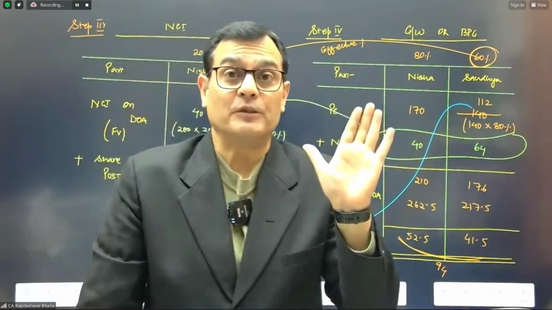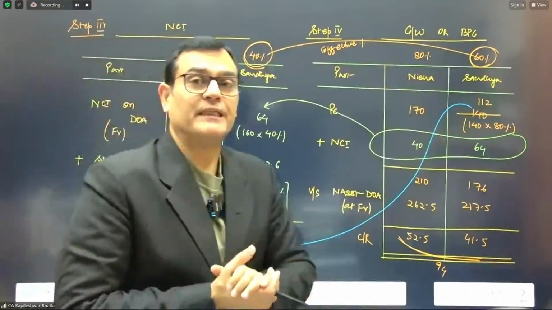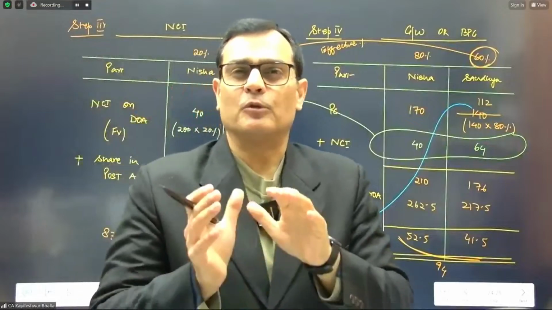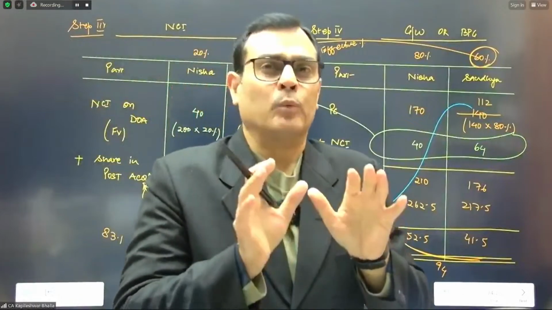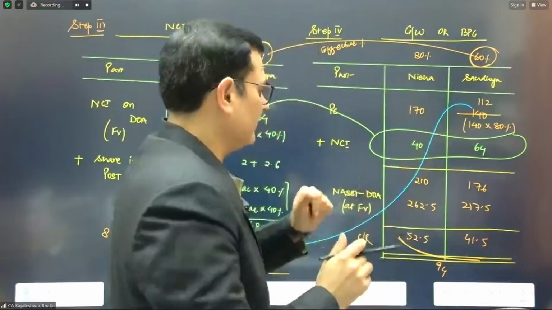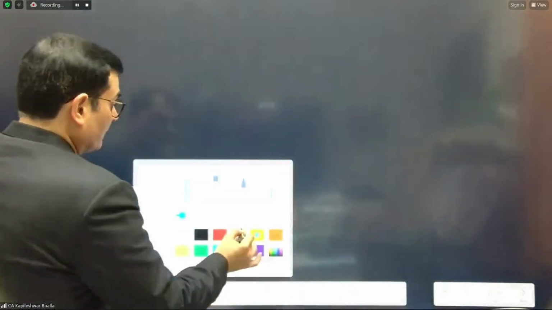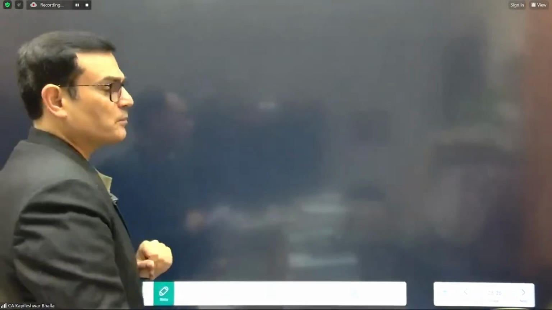Now, friends, I'm going to explain to you in detail why this 28 got reduced out of the NCI. And for this purpose, I'm going to go out of this question. We'll come to step number 5 and 6 later, but let's first understand why this is done. Let's understand the logic. Now, please hear me very carefully, because as I explain the logic, you need to make a walkthrough with me, understand the nitty-gritties of how the consolidation is done. Let's begin.